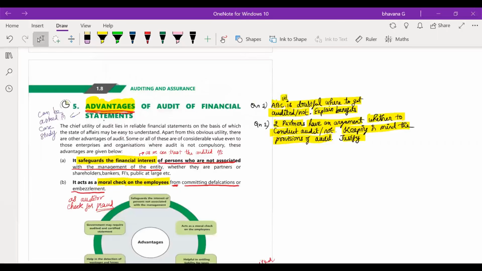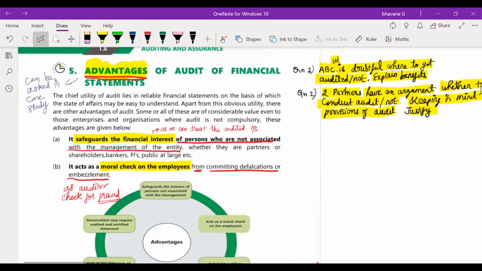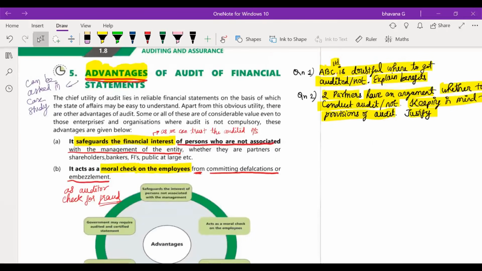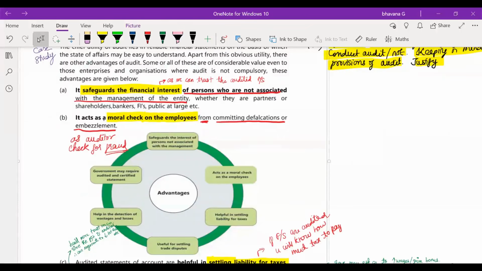So now let's move to the advantages of auditing financial statements. These are the advantages to a company. What will be the advantage to a company if they audit their financial statements is what we are going to study. Okay, this question can be asked as a case study question. It is important, so listen carefully. Okay, so the first advantage is that it safeguards the financial interest of persons who are not associated with the